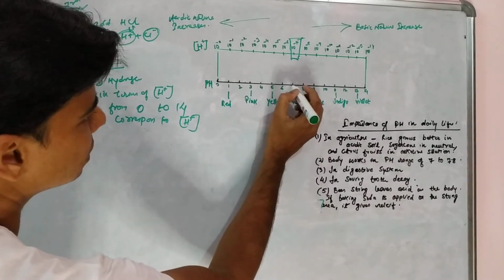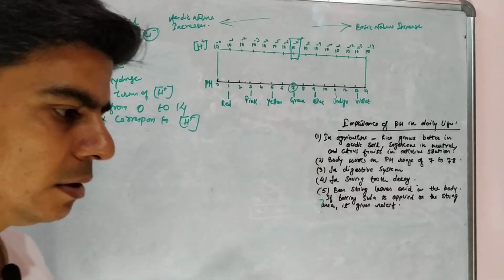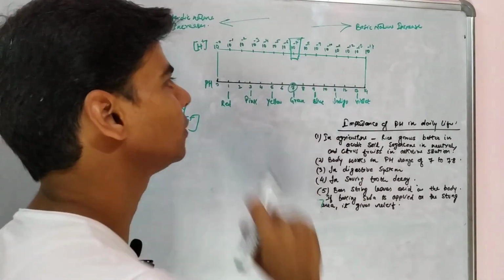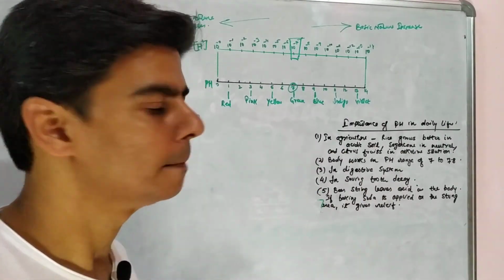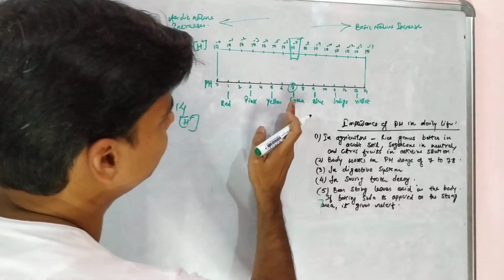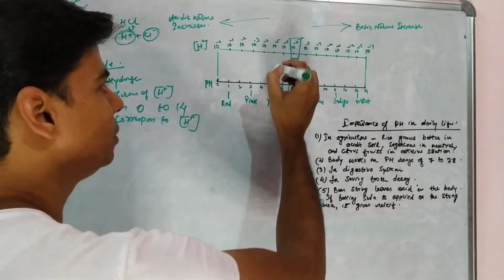For example, this is 7, I'm sorry, this is 7. So 7 corresponds to 10 to the power of minus 7. We know what 10 to the power of minus 7 is: neutral solution, water, right? So if you take pH 5, pH 5 is for pH